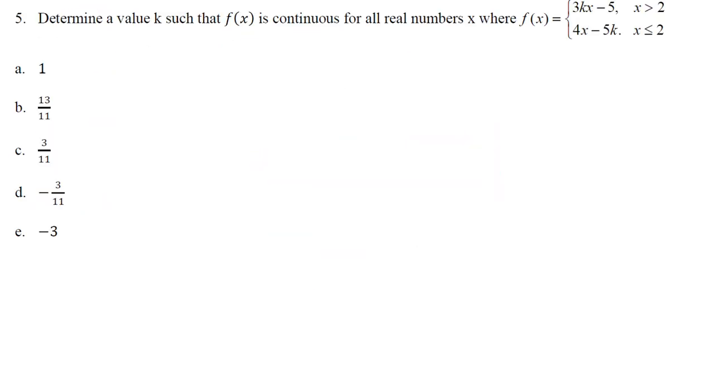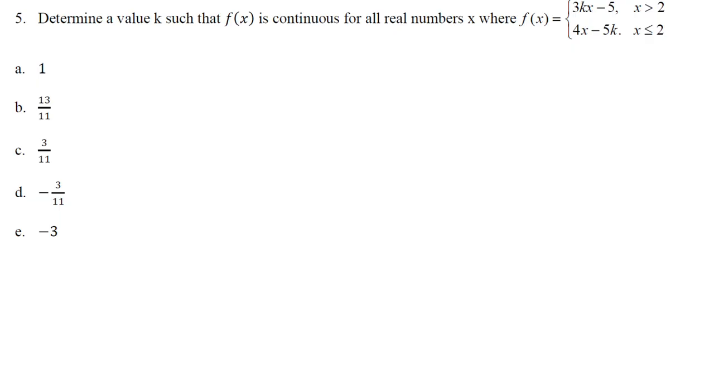Our next one here, we are trying to find a value k so that our function is continuous for all real numbers. And so we're given this piecewise defined function, right? 3kx minus 5 when x is greater than 2, and 4x minus 5k when x is less than or equal